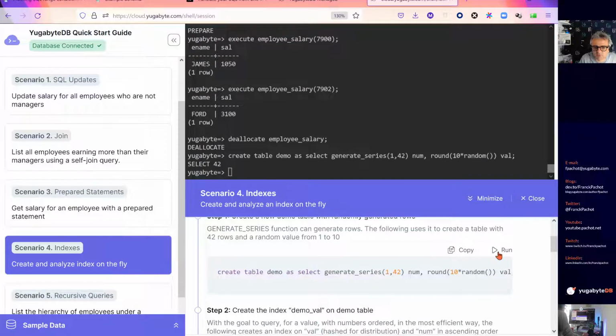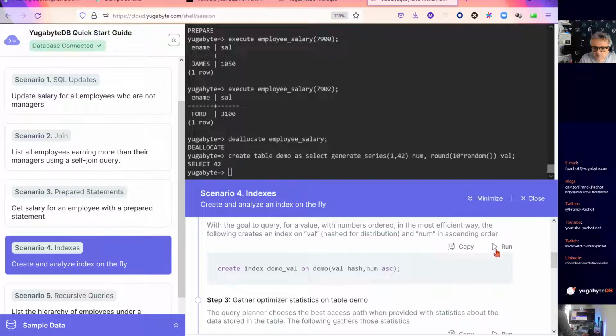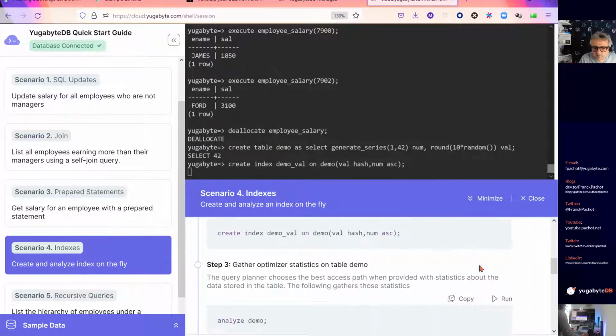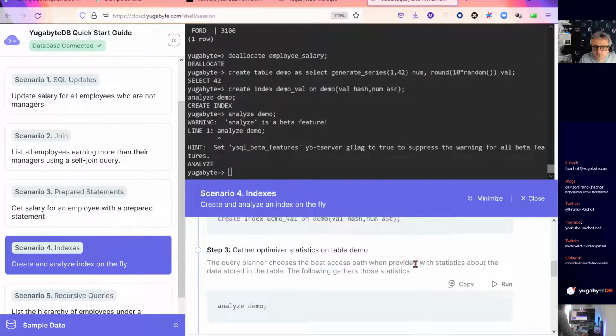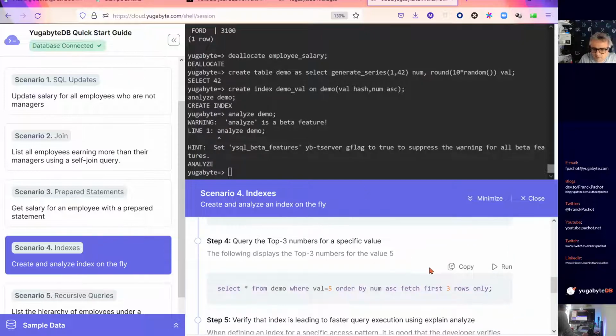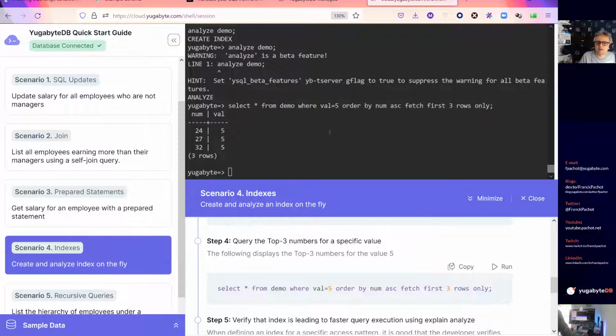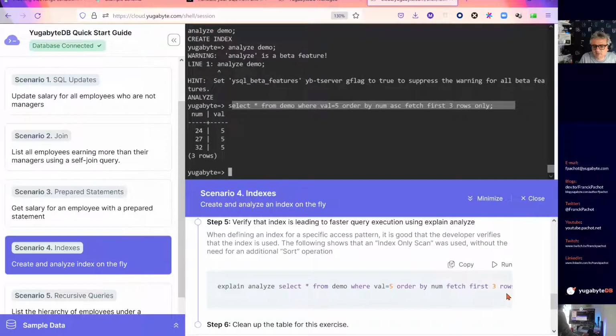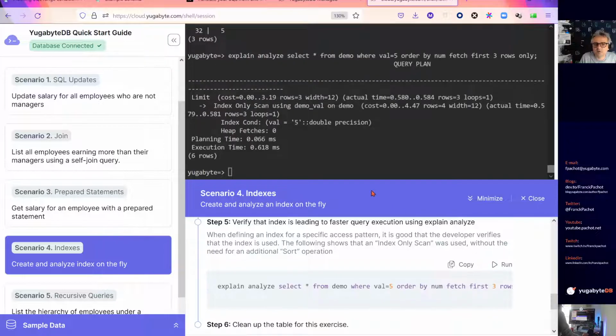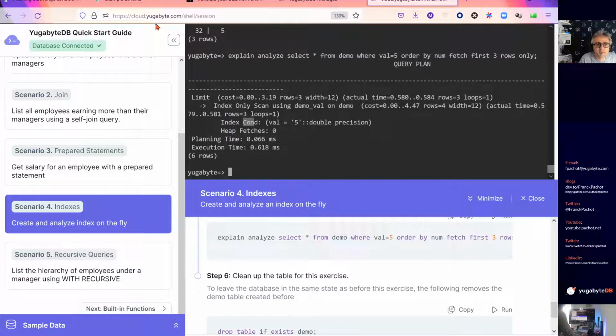where we just create a table and we create an index on it, and also to give you analysis in beta in the version that I have, and also to give you the best practice, like when you query on your small development data set, always check that the execution plan is what you expect. Index only scan. That's the best access path we can have. Okay, so all that in the